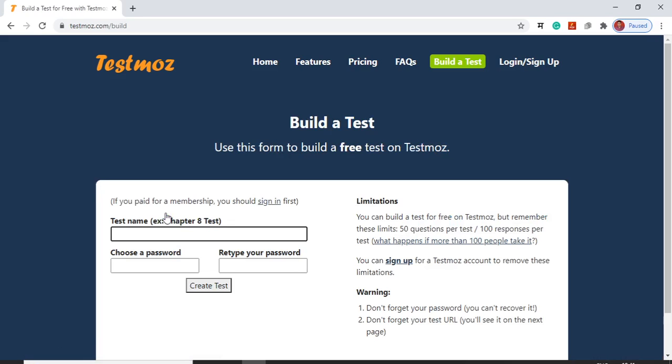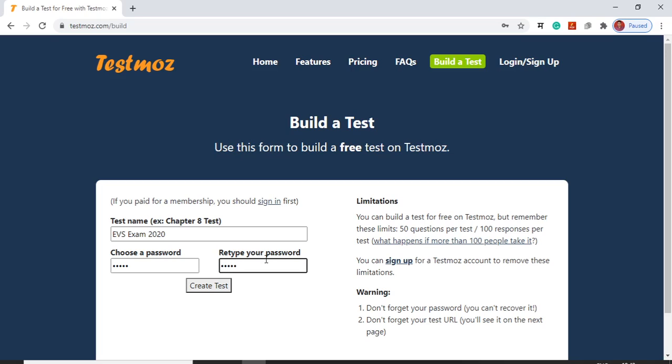Then it will ask for the test name, so I suppose I will say Environment Awareness Exam, EVS Exam 2020. Then it will ask for a password. I am entering a password. Here, re-enter your password.